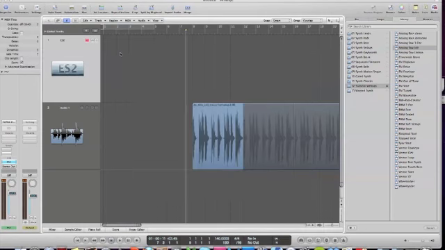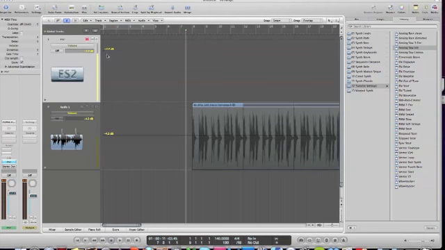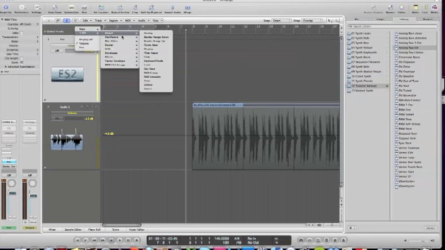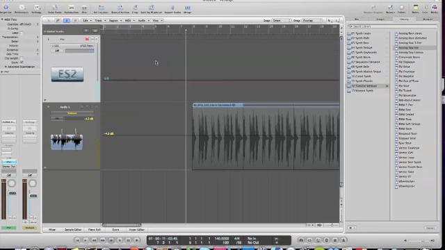Okay, so to automate, you press A on the keyboard, you get the automate menu. You open this menu, choosing the ES2, we're going to control the LFO 2. We're going to control the rate of it. As you can see, it's quavers now, so if we want a quaver or an 1/8 speed for the first bar,